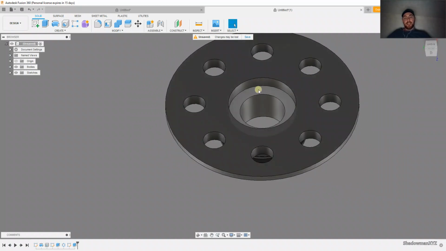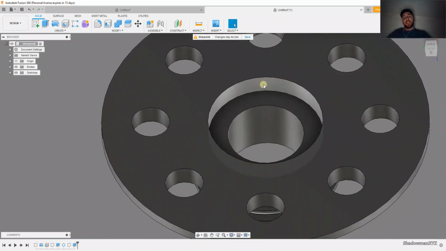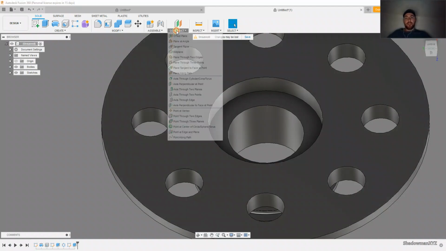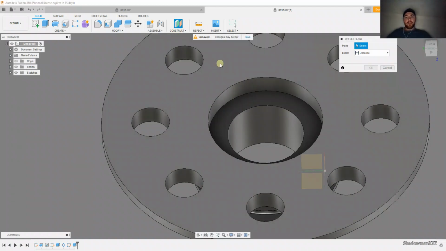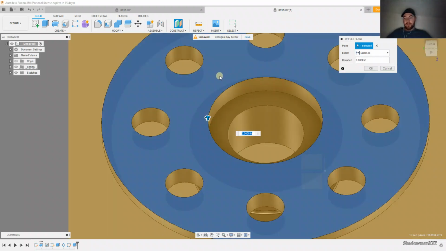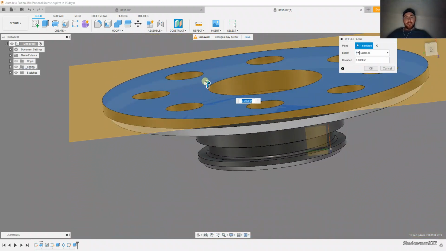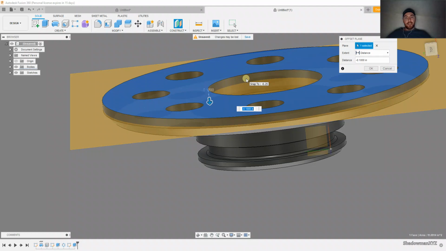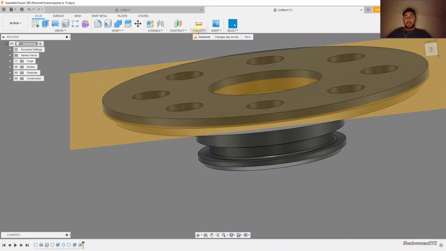Okay. Say you messed up, you didn't sketch in a groove, you got a groove here that you're needing to put in there, and you don't know what you're going to do. I got a cheating way to do it. If you go to Construct, Offset Plane, touch on the top, and say you need that from this face down, it needs to be like 100 thousandths down. You can create an offset plane 100 thousandths down, so it says -100. Hit OK, and then